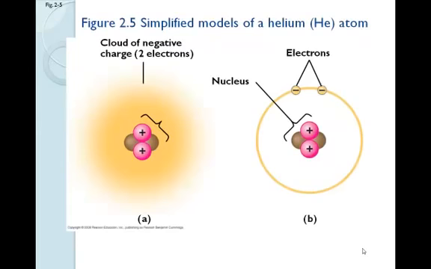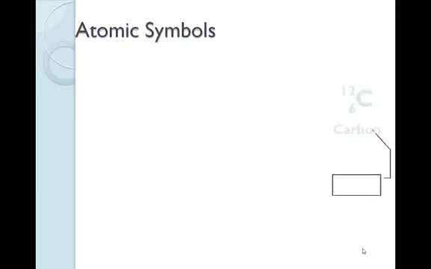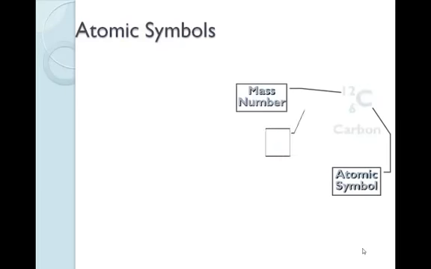An example of an atom is shown here. This diagram shows the structure of a helium atom, which has 2 protons and 2 neutrons in its nucleus, and 2 electrons. The location of the electrons can be represented as a cloud of electrons or as circular orbitals around the atom's nucleus. Each atom can be represented by its atomic symbol along with numbers that provide information about the